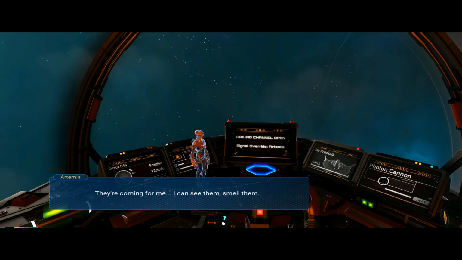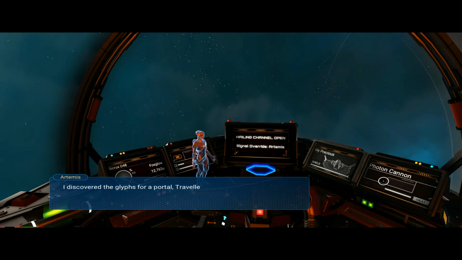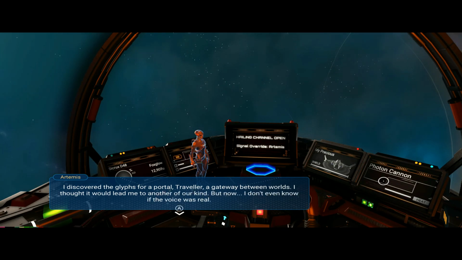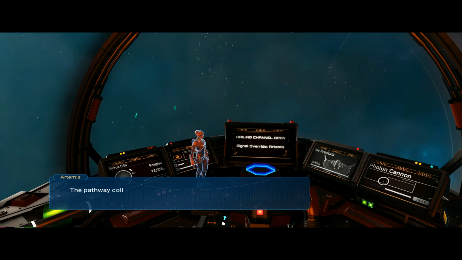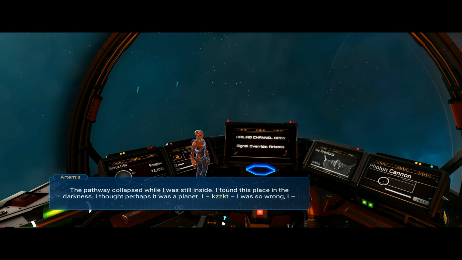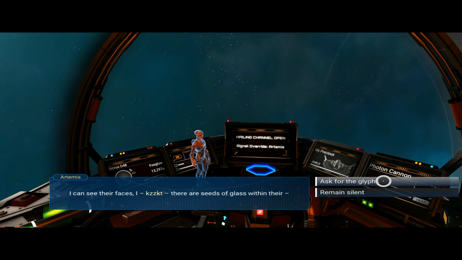They're coming for me. I can see them, smell them. I discovered the glyphs through a portal, traveller, a gateway between worlds. I thought it would lead me to another of our kind, but now I don't even know if the voice was real. The pathway collapsed while I was still inside. I found this place in the darkness. I thought perhaps it was a planet. I was so wrong. I can see their faces. There are seeds of glass within their...